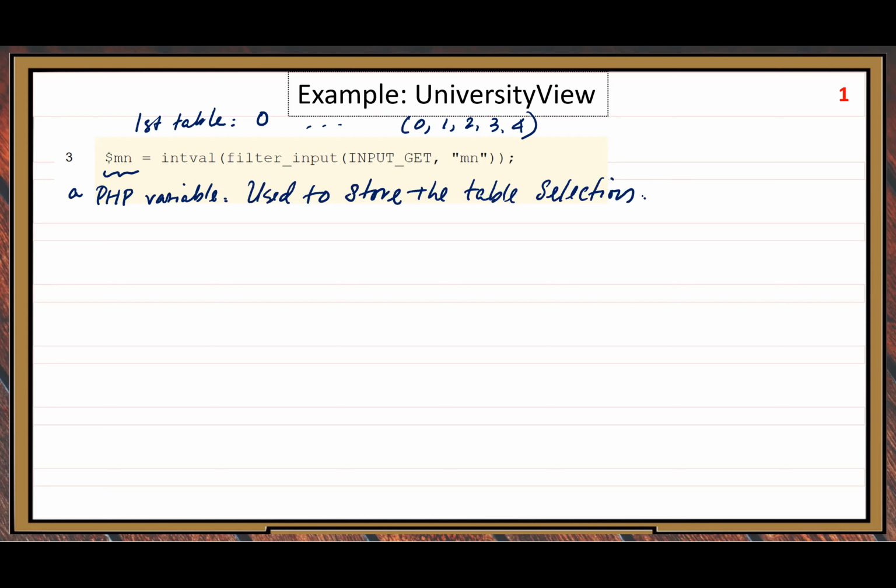One parameter is used to store table selection. Okay, that's simple. The first thing. Second,